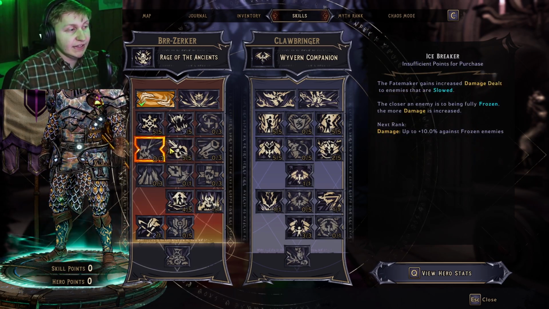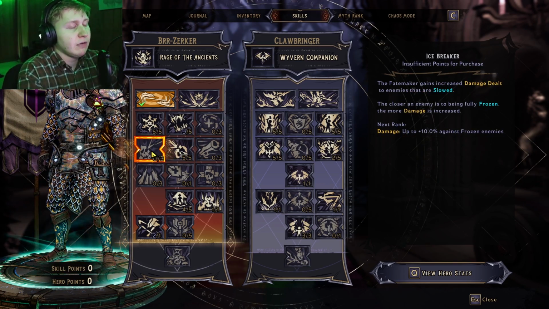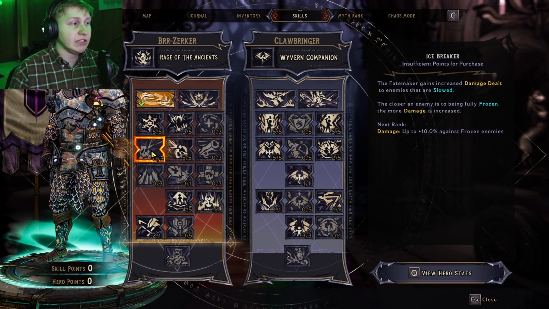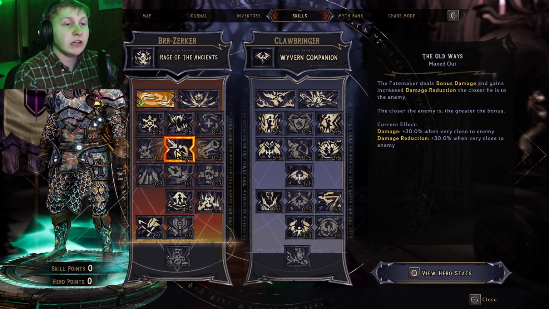Next, it was a toss-up whether or not I wanted the Old Ways or Icebreaker, because we're going to need points down here to do our build better. So I thought since we're killing enemies so quickly, we're probably not slowing them down much, so I don't think Icebreaker was that substantial of an increase, as opposed to constantly having the 30% damage when close to enemies,